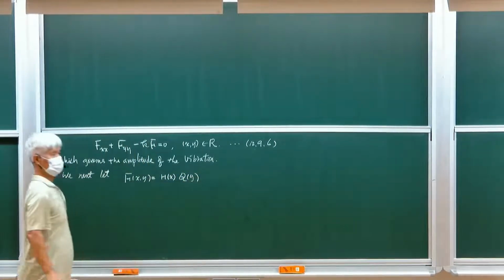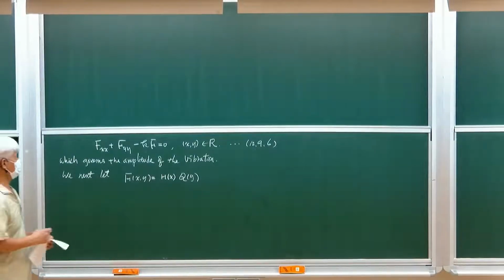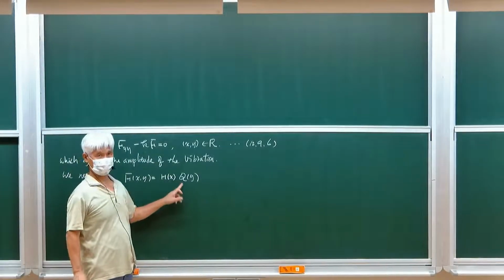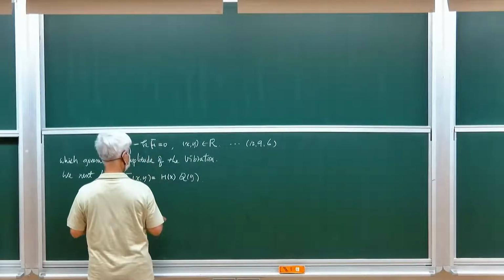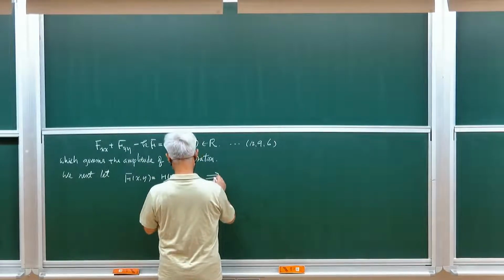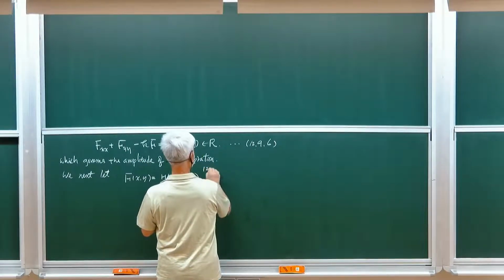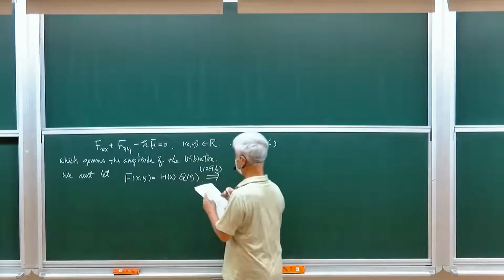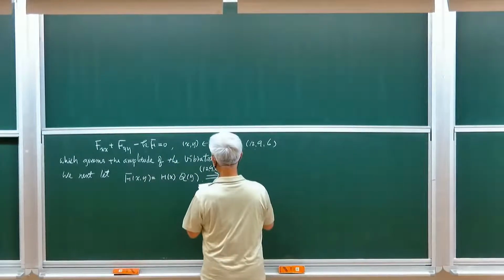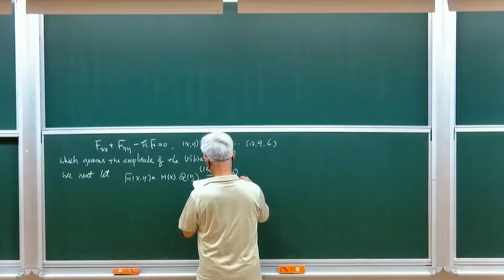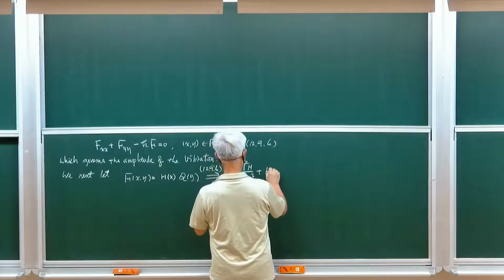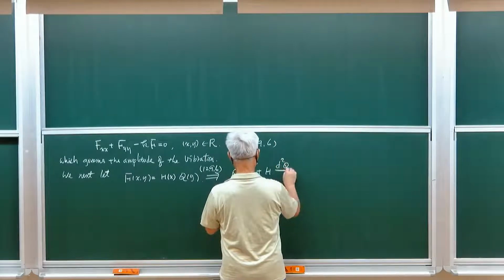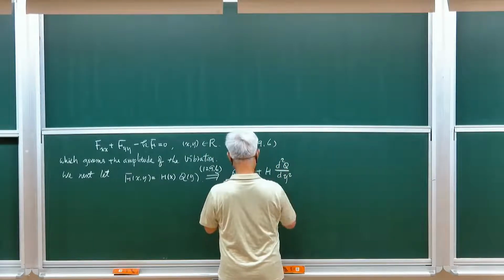We set f to be the product of a function of x and a function of y here again. So this PDE gives us Q double prime plus H double prime